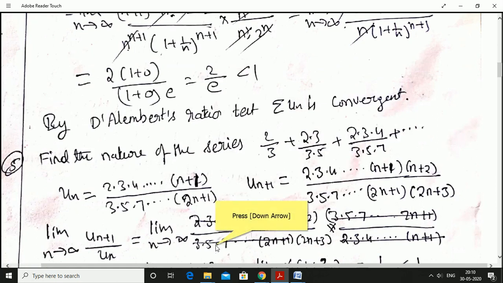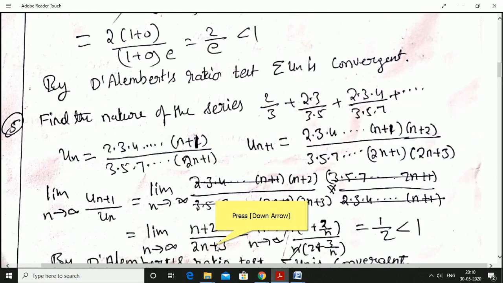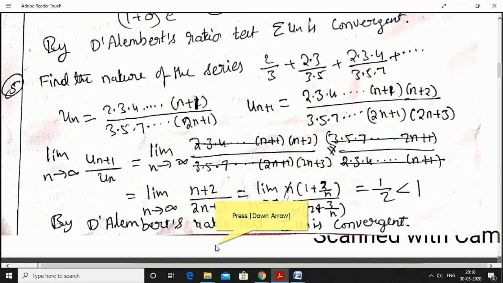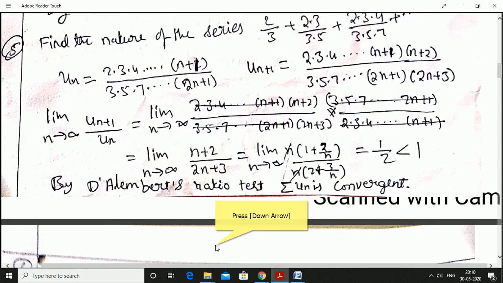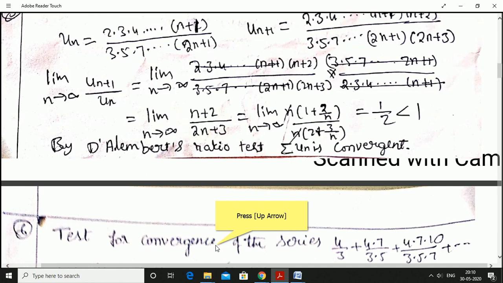sigma un is a convergent series. Next one, find the nature of the